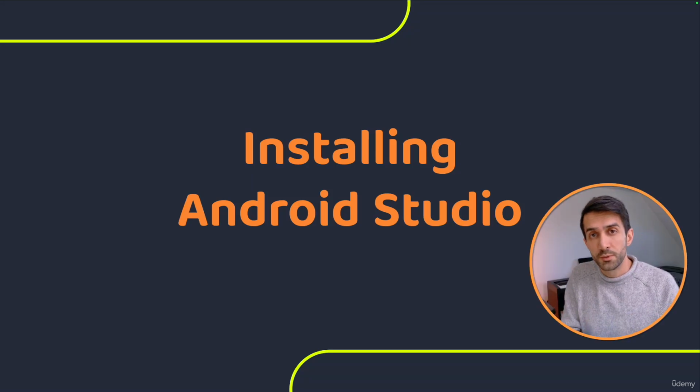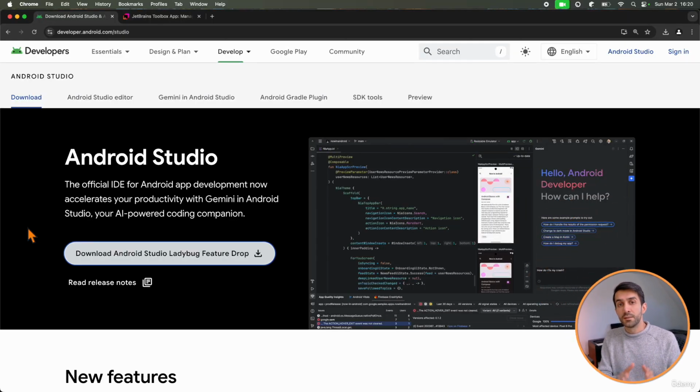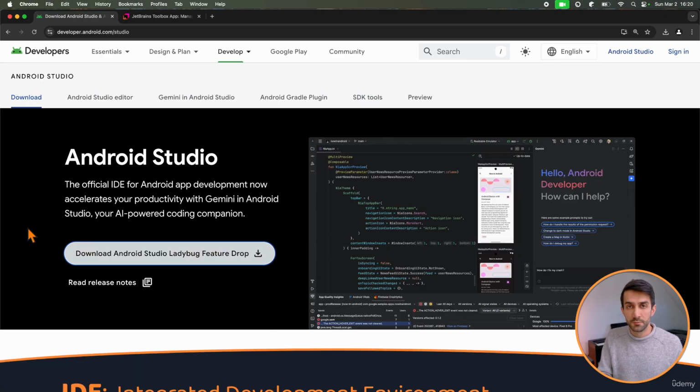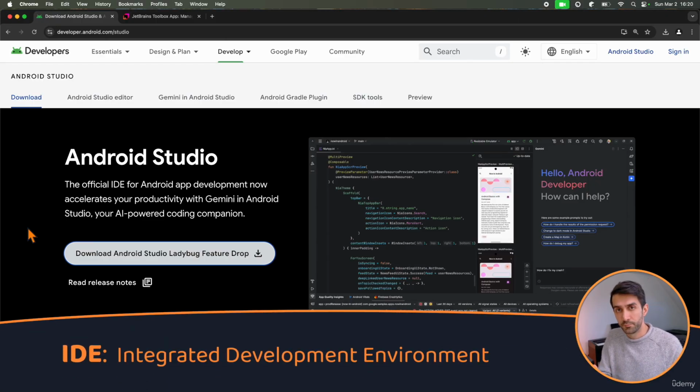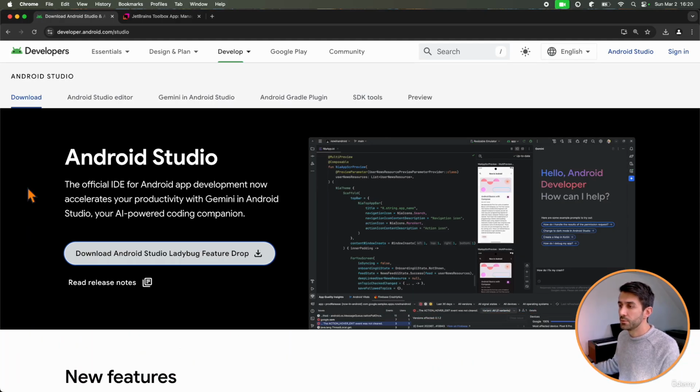In this lesson, we are going to install Android Studio. This is the official IDE for Android development. It's created by Google and is powered by JetBrains. So the typical way to install Android Studio is to go to the website